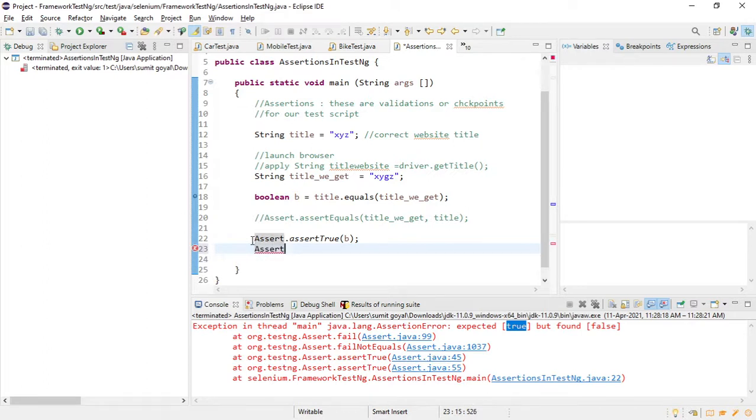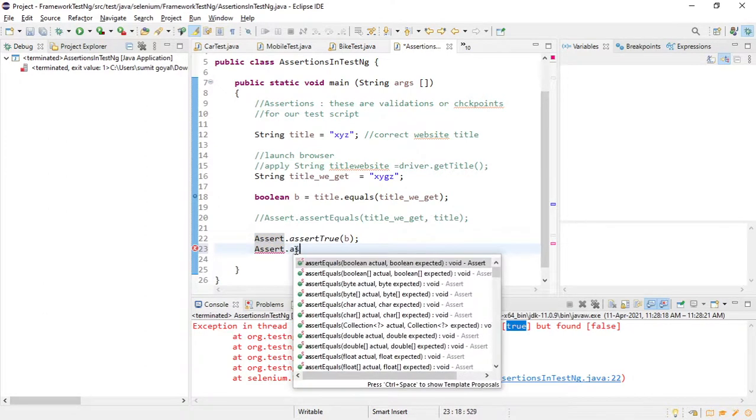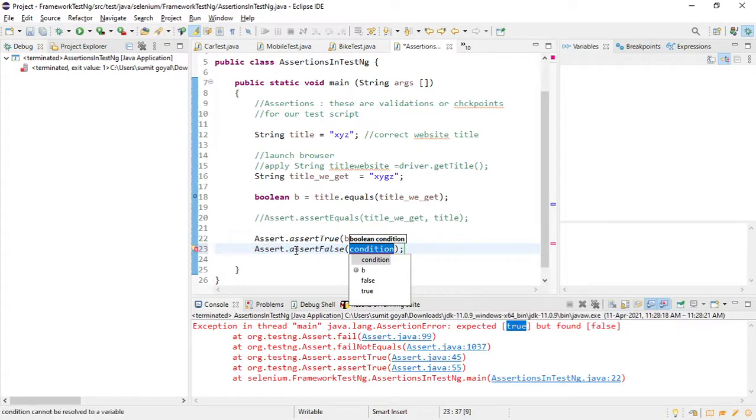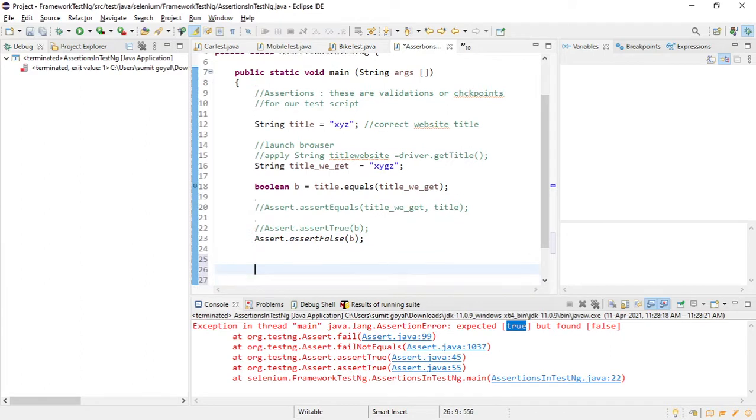Yes, Sumit. There is one more, which is the reverse of this one. Reverse in the sense like if I say assert false, if inside that it finds false, that is okay. Otherwise, if it finds true, it will throw the error, which means like if I comment this as true and this time if I provide B inside, as we are getting false inside B,